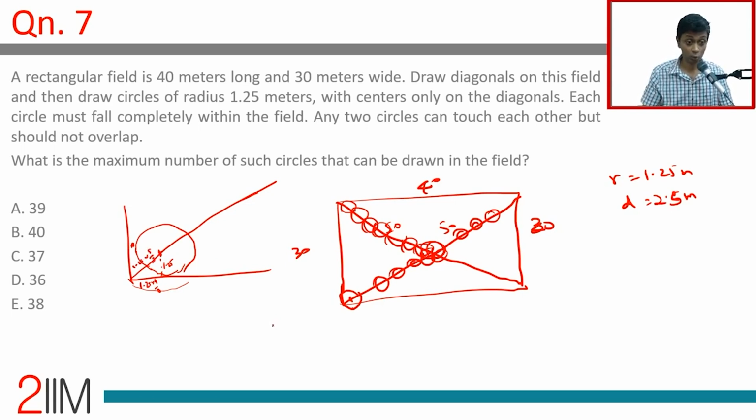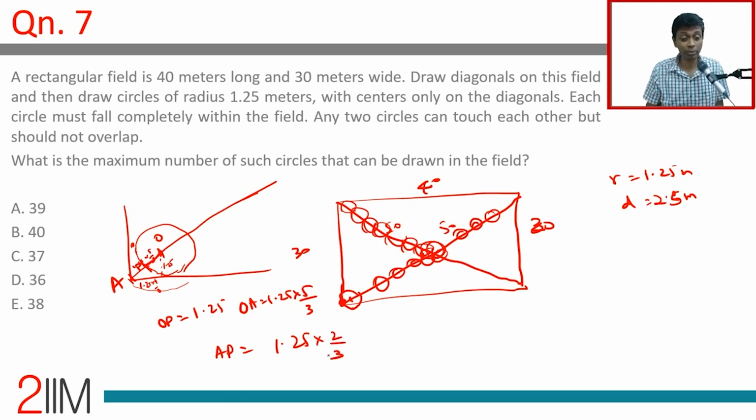And so this is very crucial to remember that we cannot draw a circle that goes right up to this edge, right up to that vertex. We take one diagonal, not even coming to the second diagonal, we will lose out some length here. Right? So I'm going to imagine that length from the center. This distance is 1.25. So let's say this is O, this is A, this is P. OP is 1.25. OA is 1.25 into 5 by 3. AP is 1.25 into 2 by 3. There is going to be a 1.25 into 2 by 3 length, which is right at the end of the